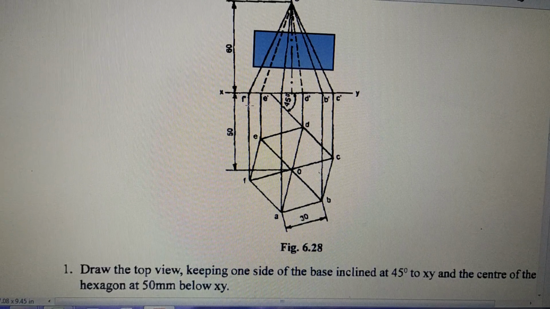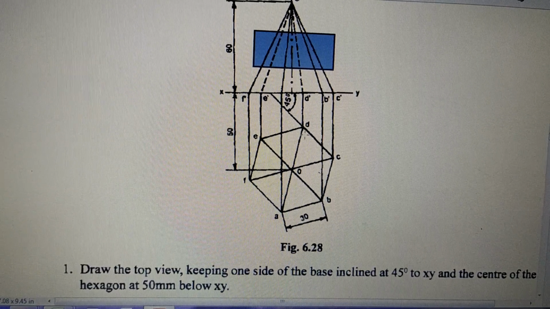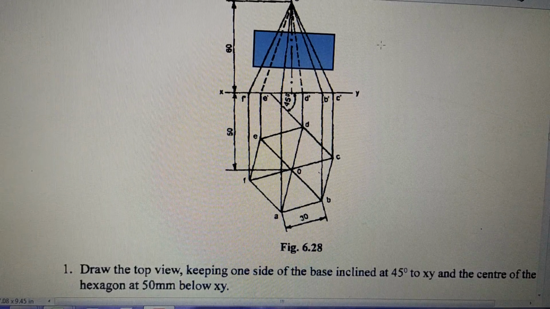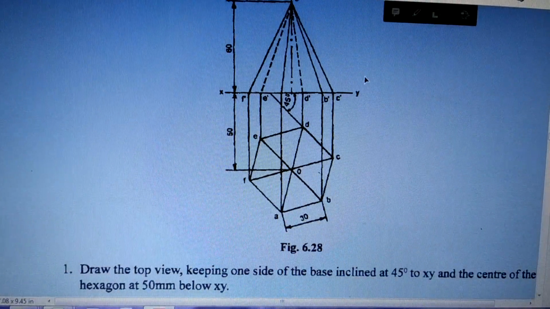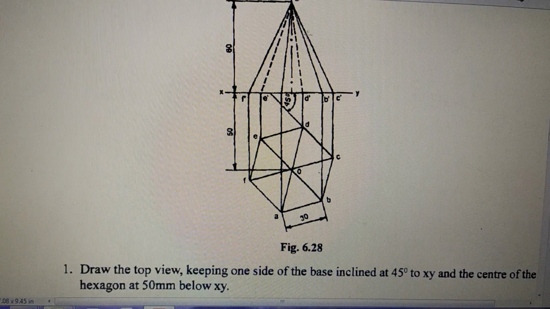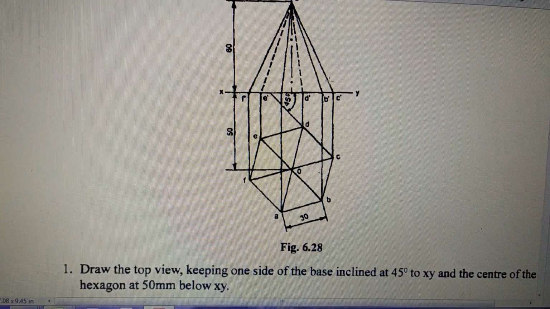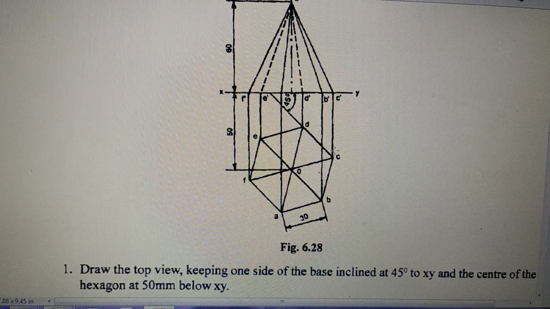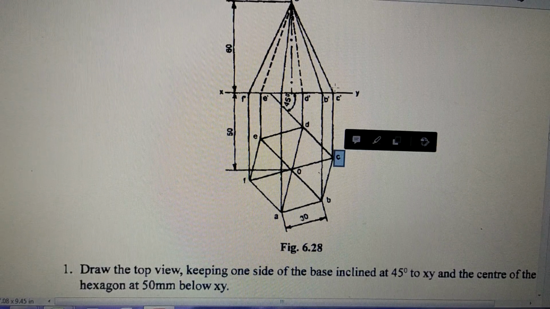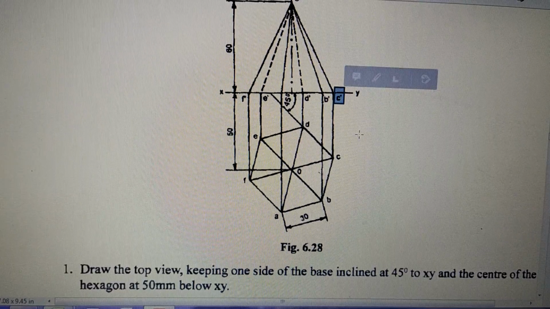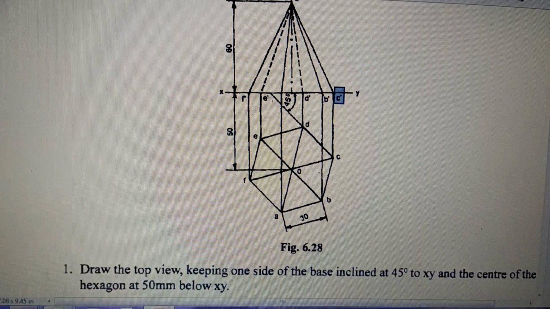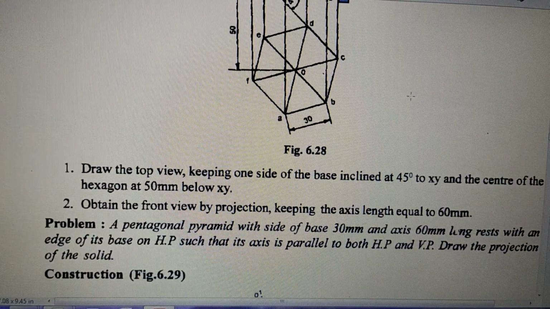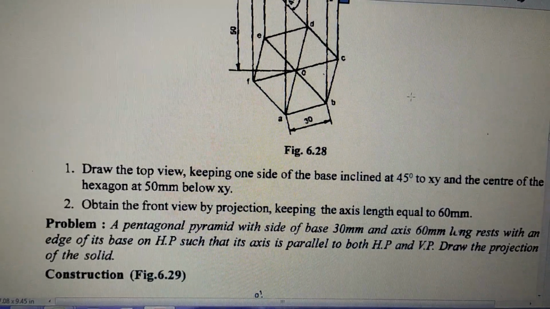You have to also write these letters. The points which are given names, A, B, C, D, etc. Same names you have to show, and the rule here is that in the elevation or the front view you have to show them by a dash, and in the top view by a single letter. So you can see here in the top view it is C and in the front view it is C dash. So the same method you have to follow everywhere. That was 6.28.